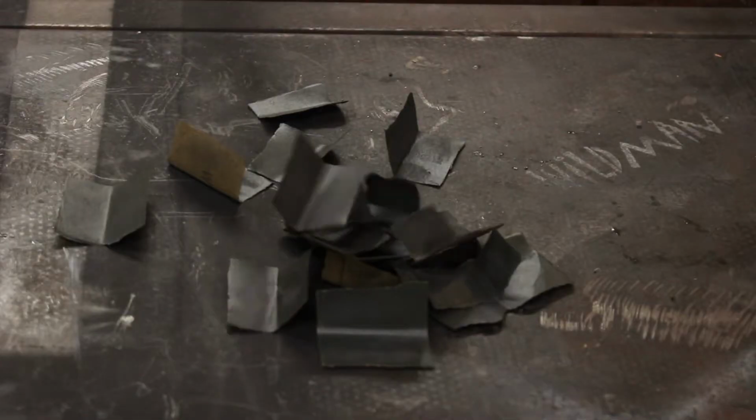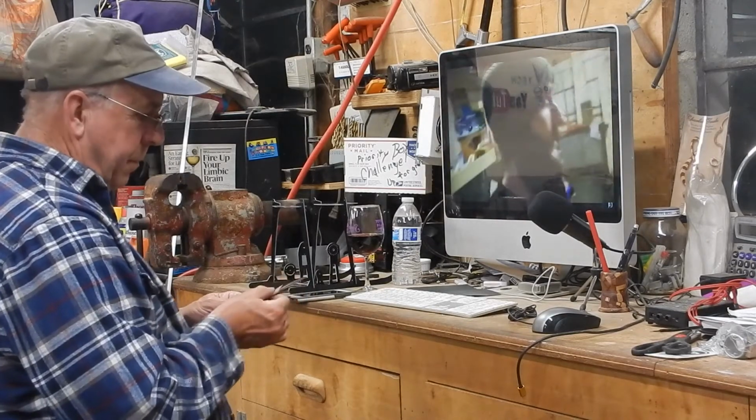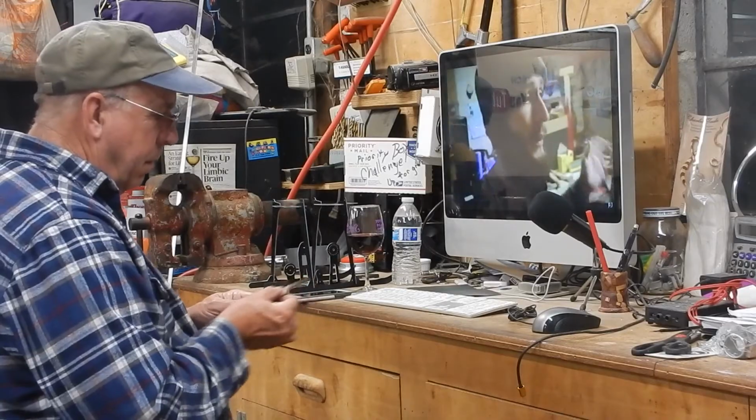Well, project didn't start off too bad. I got past whatever, fastened to the bench. I printed off what I wanted to make my